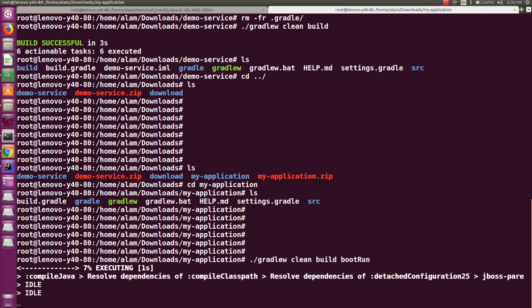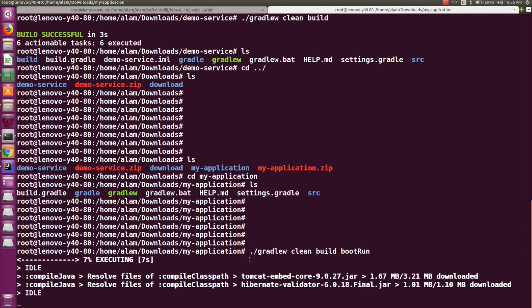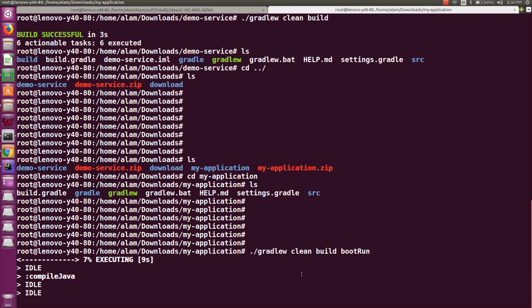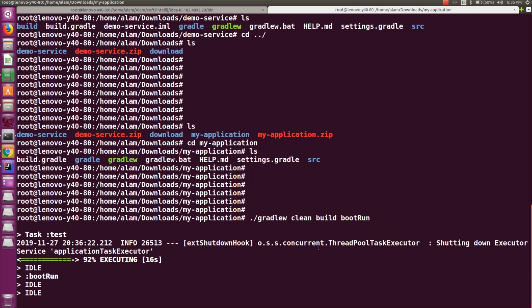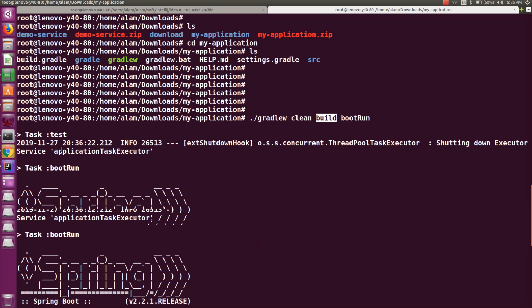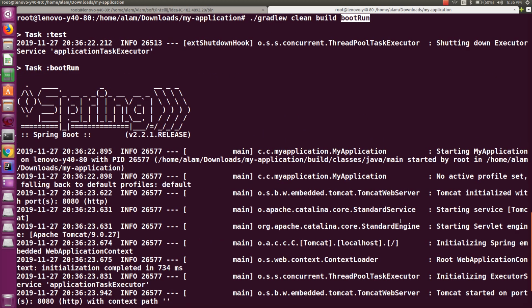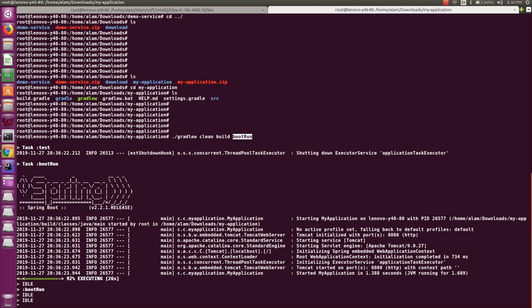So here it is gonna download all the dependencies if you don't already have them on your classpath, and it will download to the local cache or Gradle cache, and then after that it will fire all the test cases, which is by default part of the build. And once the build is done, you bootRun, and your application is up. So now if you're gonna see that